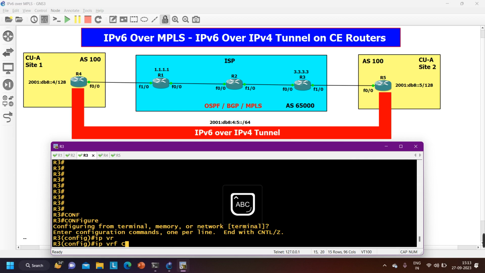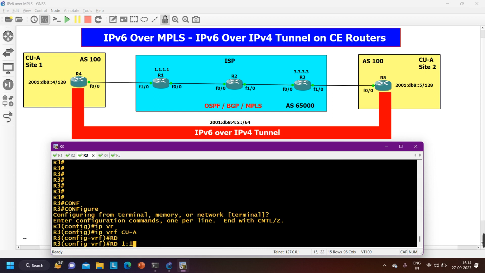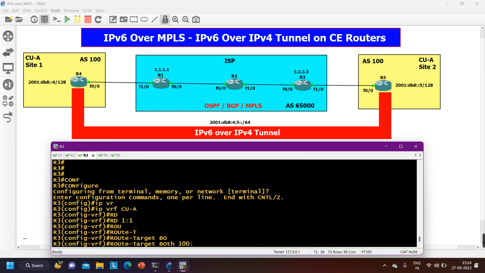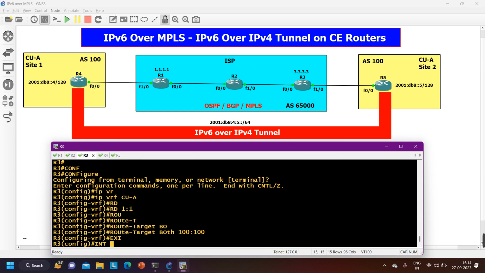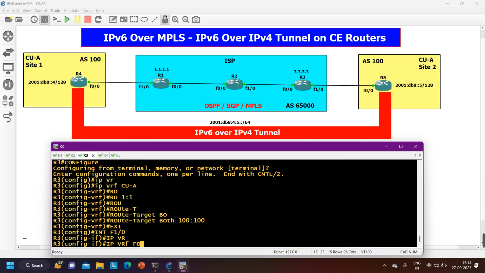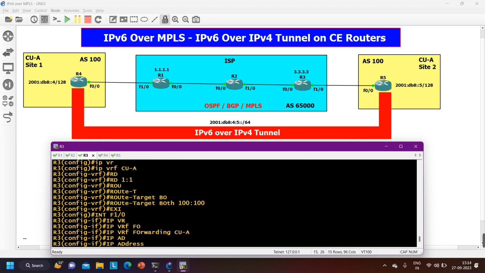So IP VRF here also I am going to say customer A, because on router number 3 and on router number 1 I am creating VRF for the same customer, so that's why I have used the same name, and the same RD value also I am going to use, and the same route target value also, 100:100. Route target value both 100:100. After that, interface F1/0 and IP VRF forwarding customer A, and then the IP address between router 3 and router 5